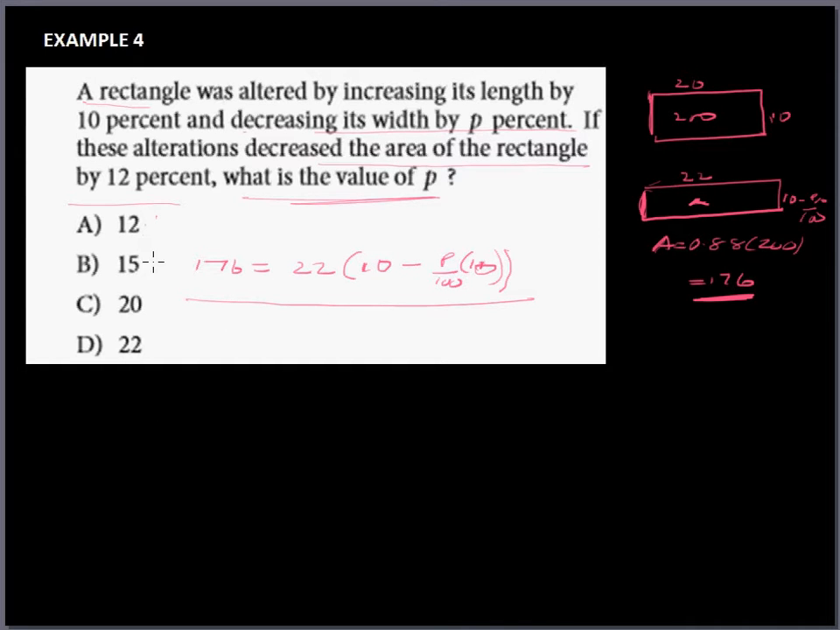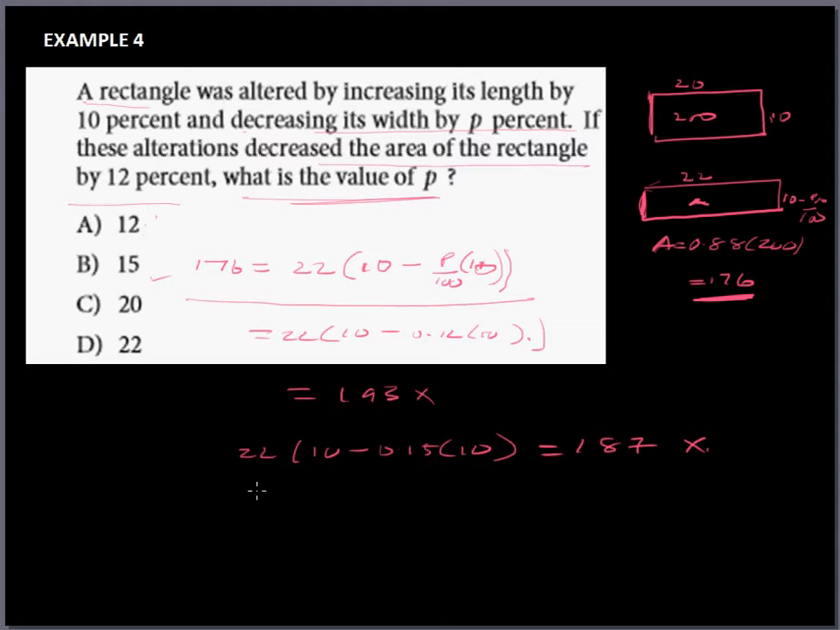When I plug in the value of p here, this becomes 22 times 10 minus 0.12 times 10. When you do that, you get 193. So obviously that is not correct. Let's plug in 15. That will be 22 times 10 minus 0.15 times 10. When I do that calculation, it gives me 187, something like that. That is wrong. Let's go to 20. When I plug in 20, it gives me 22 times 10 minus 0.2 times 10, which is equal to